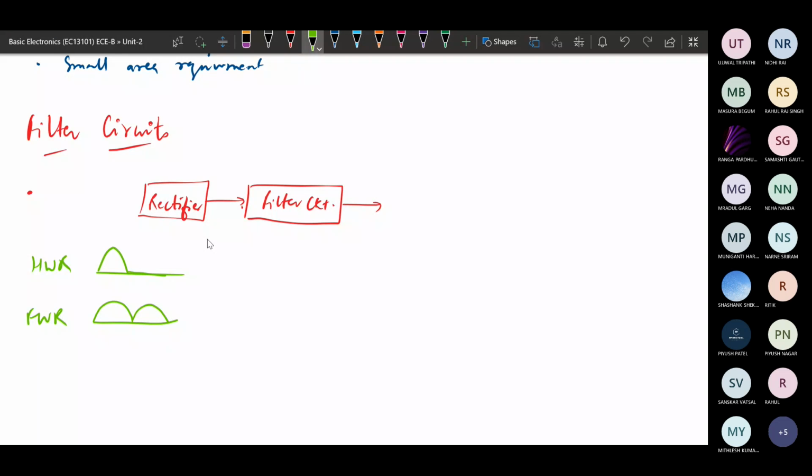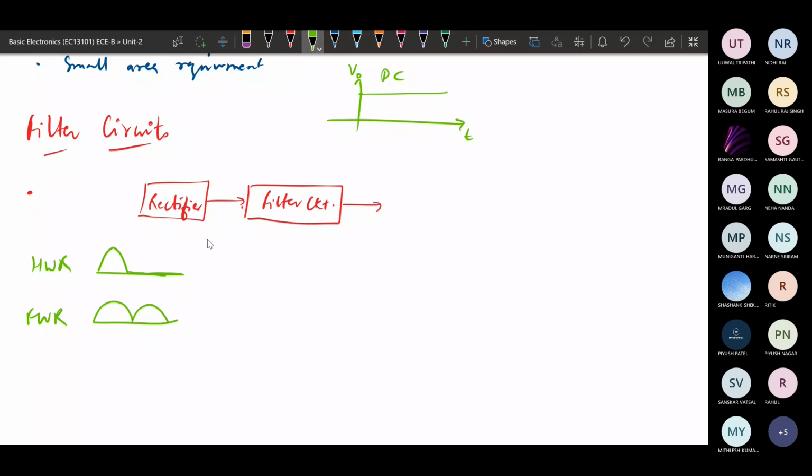So our motive is to have a DC output. This is an example of a DC voltage. DC voltage means the voltage should be constant with respect to time. If this is the time and this is the voltage, the output voltage should have a variation that is 0 with respect to time. So it is constant, that will be a DC. So we require